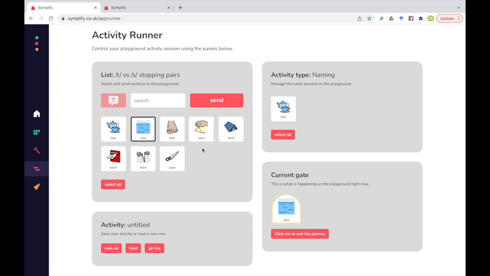So it's actually quite important to have your device here on the runner so that you can see what's happening on the client's version of it. So I would say to, rather than switching between the tabs, if you're doing the naming game and the monster games, in fact, to stay on here to keep an eye on what's happening. This is obviously if you're using it not face-to-face. If you're face-to-face, you can just look at their device.